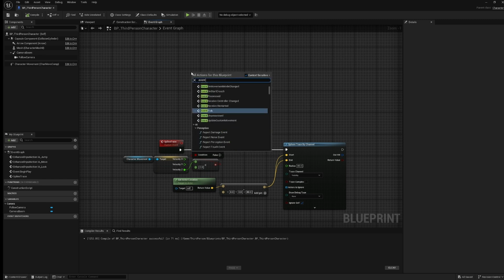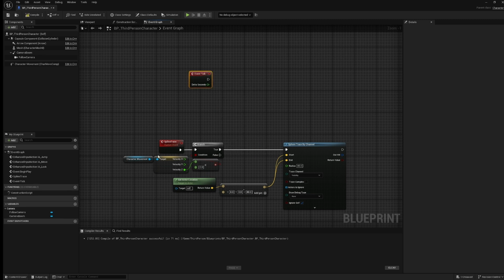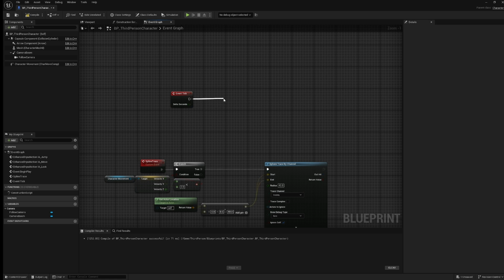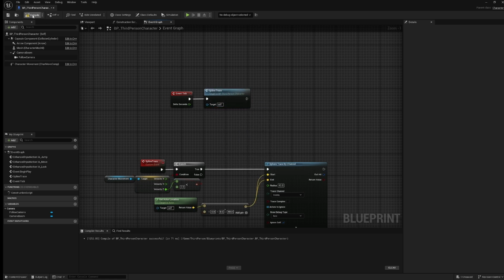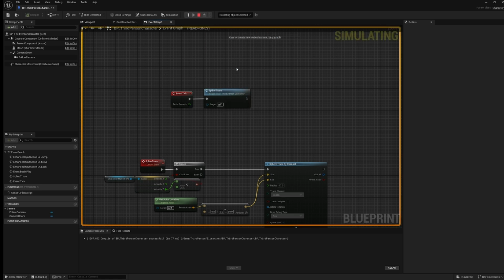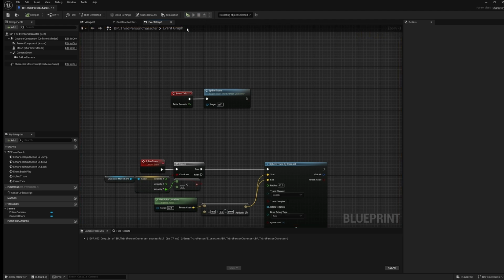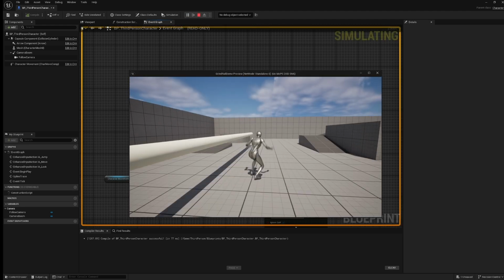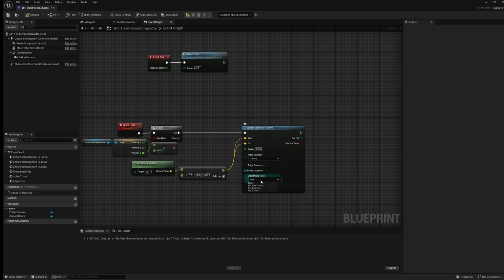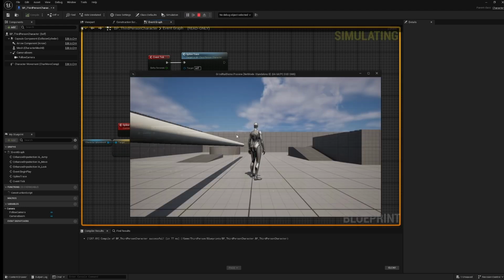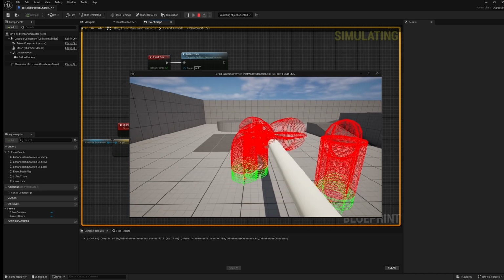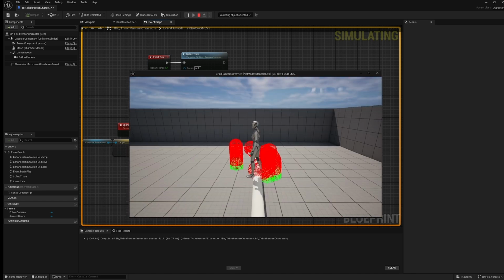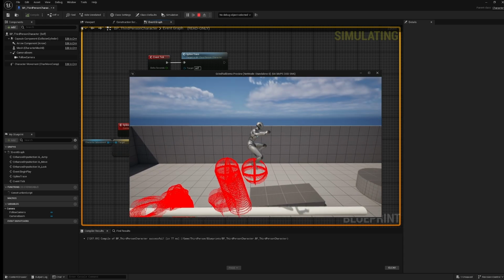So we're going to get event tick. This is something that I'm going to want to move over to a timer, but I will in just a second. We're just going to do spline trace. And I'm going to switch to the play in window. And it would help if I had the debug going. There we go. So as you'll notice, I'm falling onto the spline, but there is no collision that is being triggered